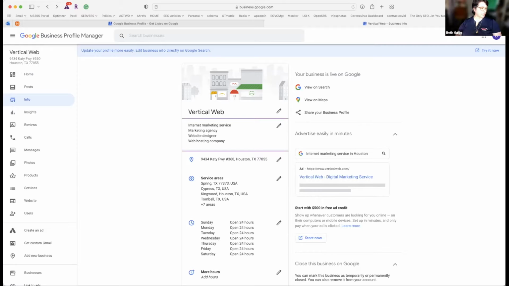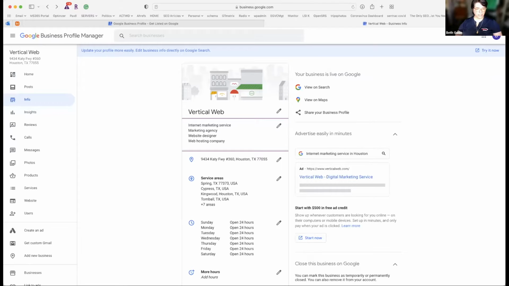A pet sitter that goes to a client's home. Okay, so you have a service area. You may also have an address that you do business out of. We have mobile dog groomers. That's a service area. But if you can have an address, I'd encourage you to have an address, if the address is real. If it's not real, would I rather you have a service area with no address than a virtualized office? Yes. Okay, so I just want to make sure we're all talking about the same thing here.